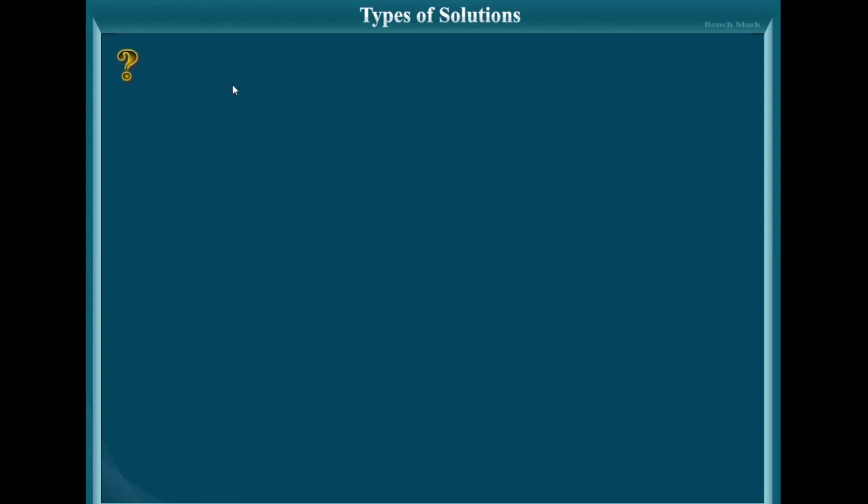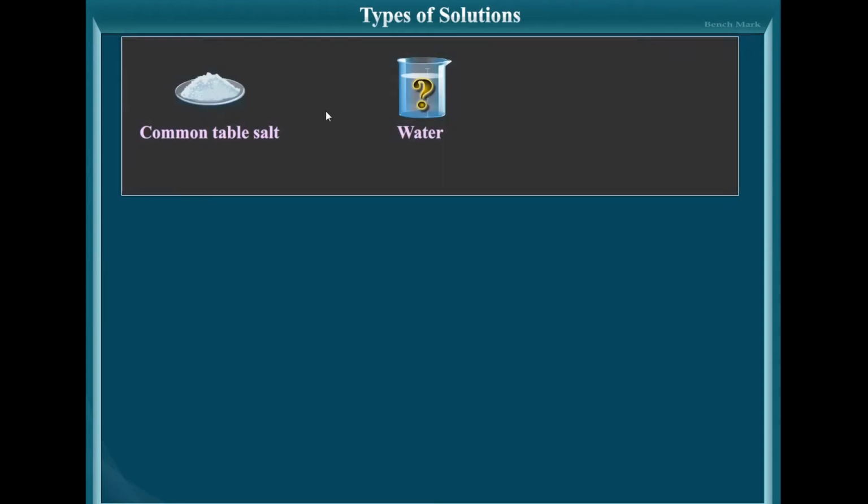The two components of a binary solution are respectively called a solvent and a solute. Solvent is that component in a solution whose physical state is the same as that of the resulting solution, while the other component is called the solute. For example, in a solution of sugar and water, sugar is the solute and water is the solvent. For solutions in which both components have the same physical state as the solution, the component which is in excess is called the solvent and the other one is called the solute.